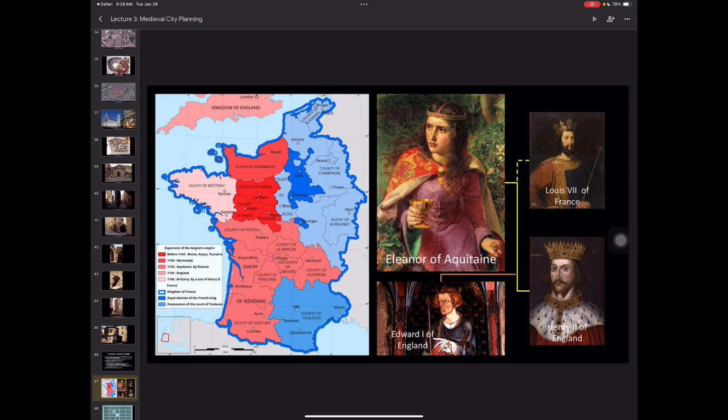And what she did was marry the King of England, right? So now the French king is angry because the English king now has a claim to all of this, which is basically his home turf, right? So now England is right next to them versus being away on their little island. And that becomes a big problem. So the French king grows quite angry. He tries to go to war for it. And so they eventually have a kid, right? He didn't get his mother's look. So we have Edward I of England.